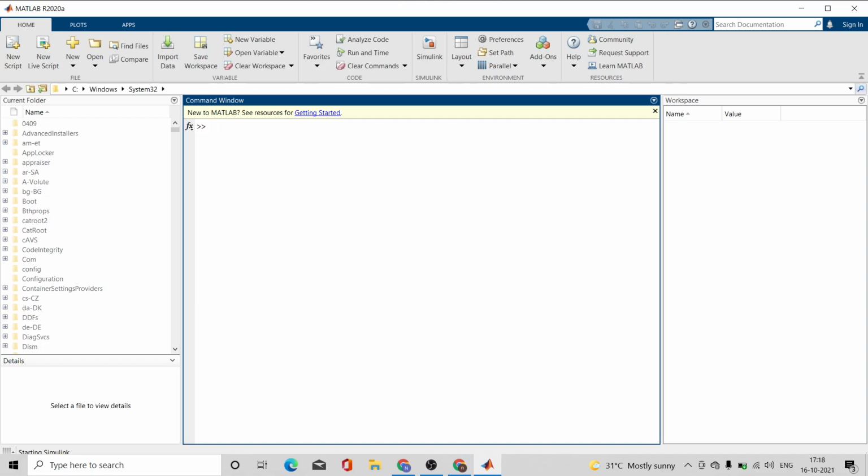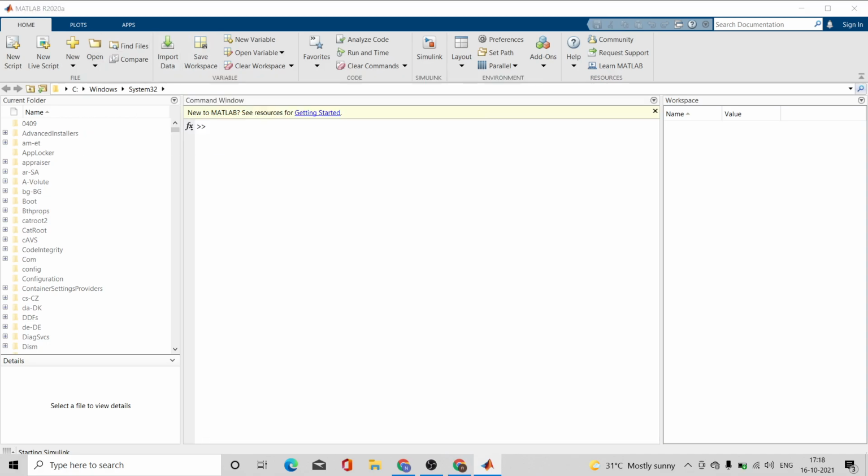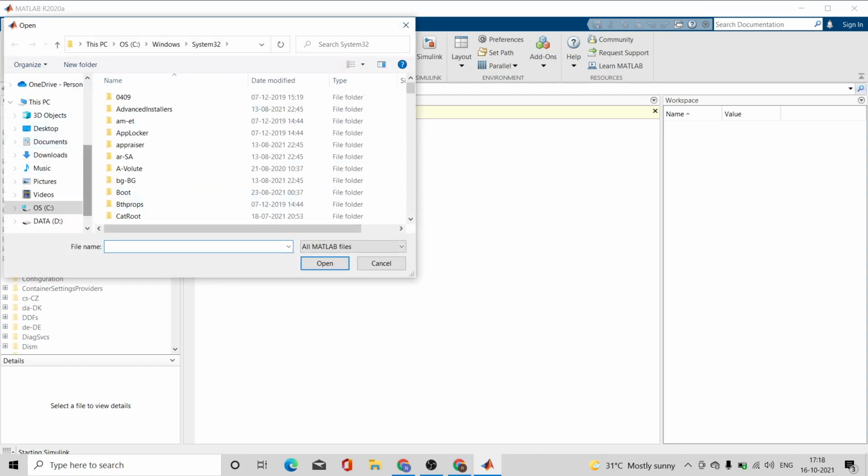So I'll explain this model to you. It is very easy to understand. I don't know why it is taking a lot of time. Be patient.